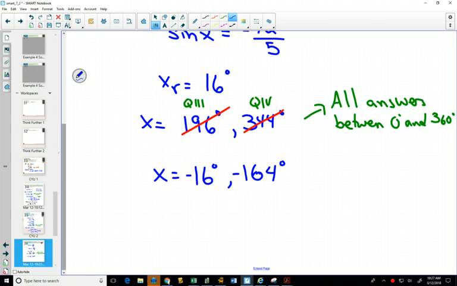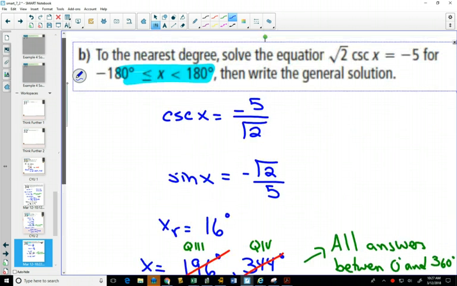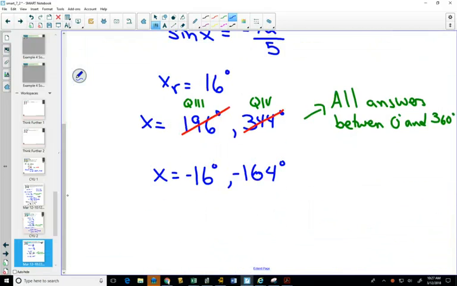You could have also taken 196, which is here, and subtracted 360 to go around backwards. I personally find the mental math of 196 minus 360 more difficult than 180 minus 16. So that's why I prefer 180 minus 16 to get 164, but you could also do 196 minus 360 to find the coterminal angle in quadrant 3. So there are our answers between negative 180 and 180. Now if we're writing the general solution,